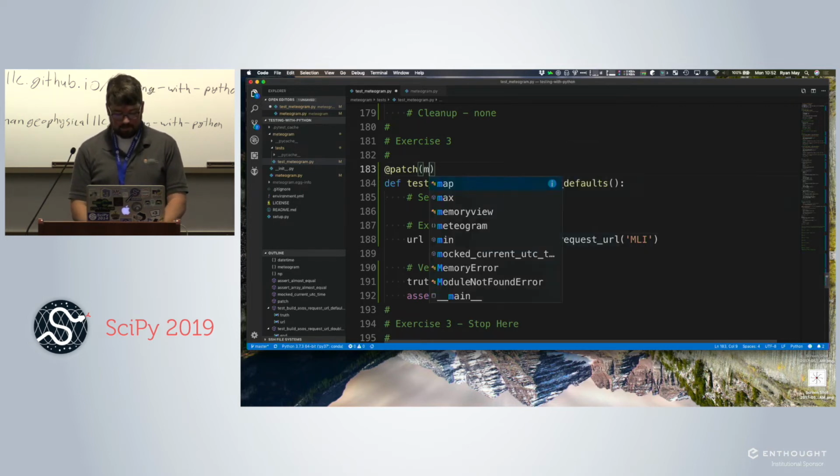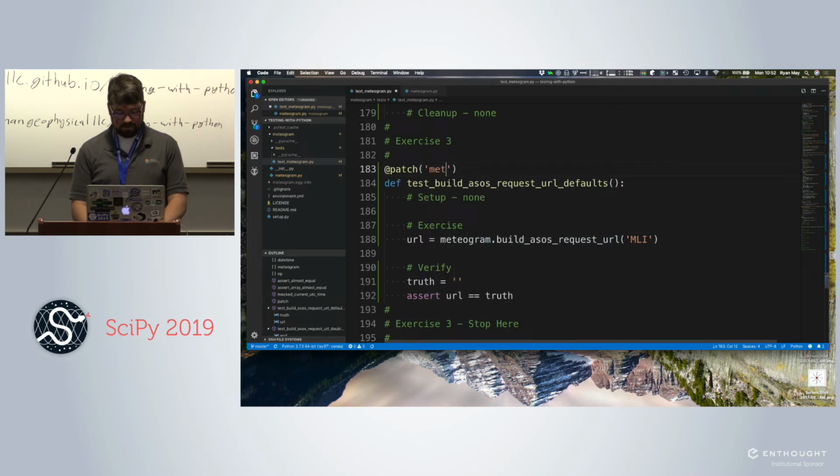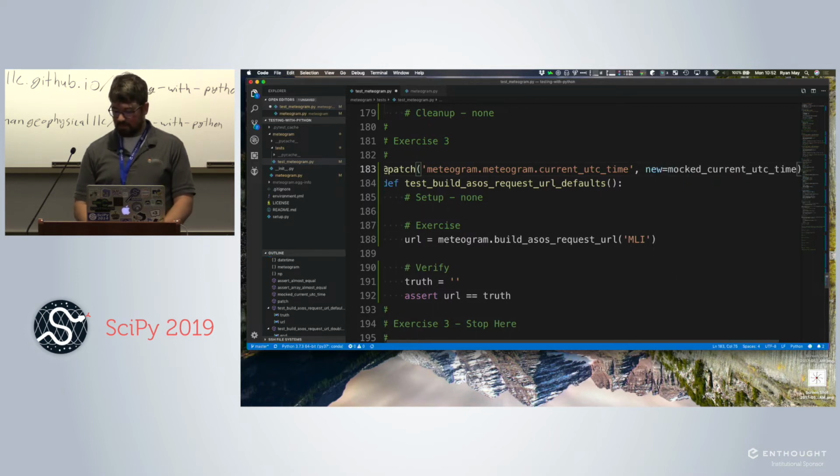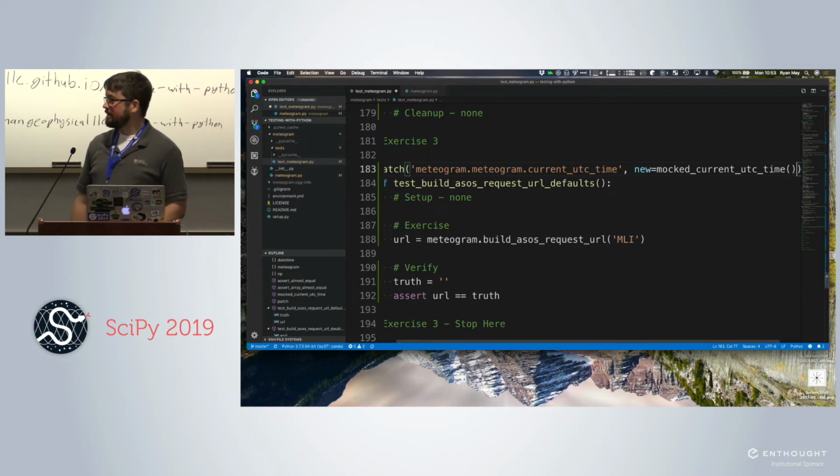Okay, so mediogram, we also had some questions on, so this is the package, this is the module, and then this is the function or method or class or whatever. New is mocked current UTC time. Also saw several folks, and I did this the first time I was playing with this, put parentheses after it.